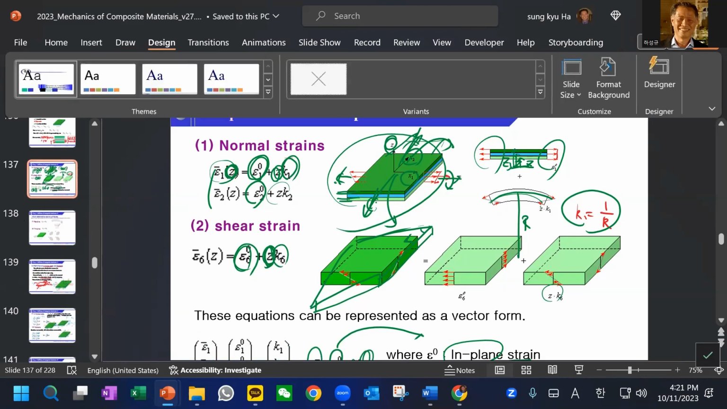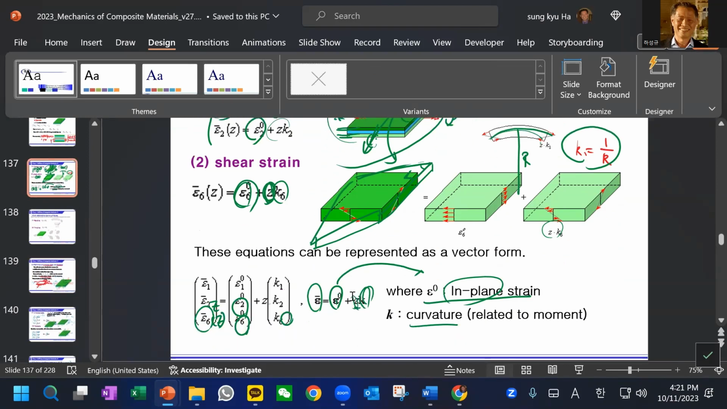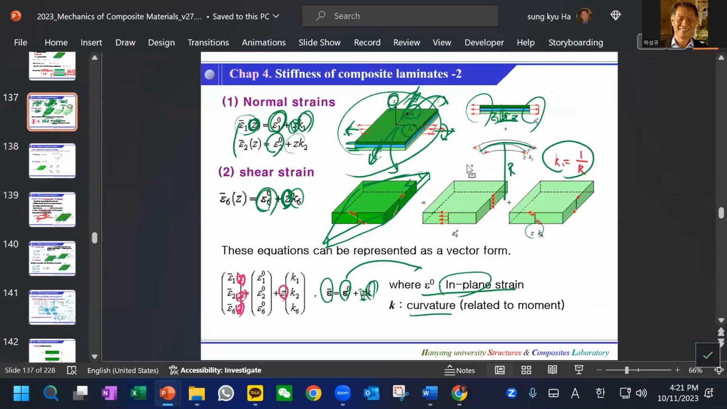We have to say this is a function of z. This arbitrary function of z is just represented by the z coordinate here. Okay, so please, I know some of you already know about this behavior, but